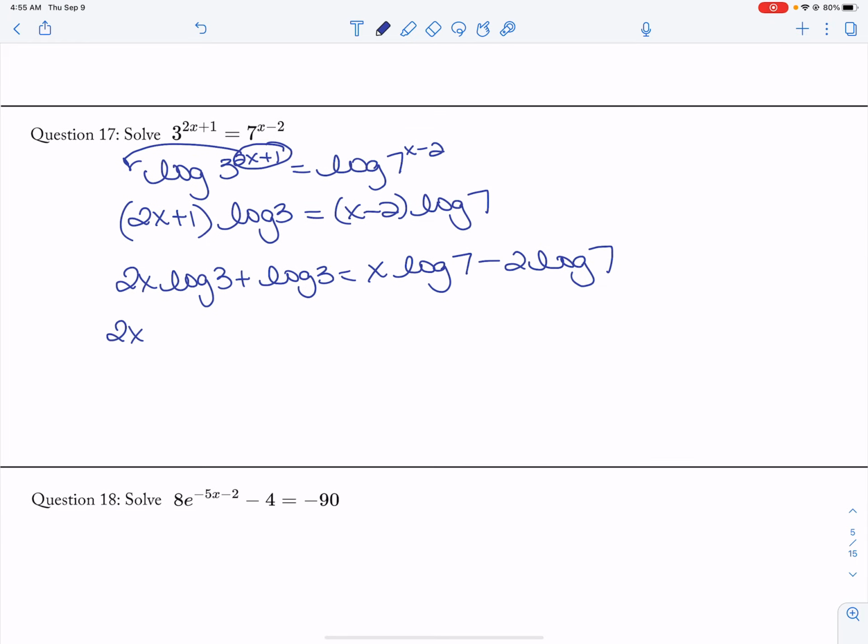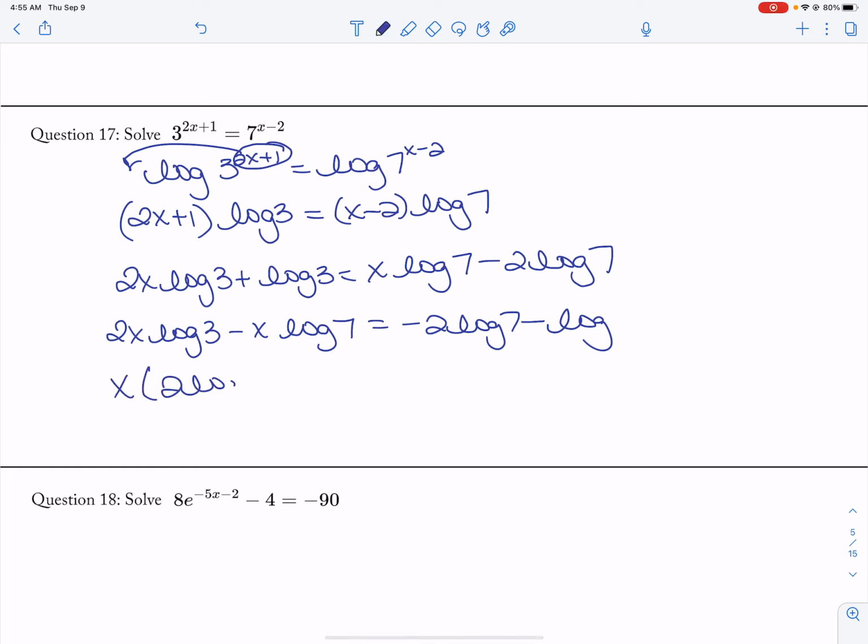So I have 2x log of 3 minus x log of 7 is equal to negative 2 log of 7 minus the log of 3. If I move all my x terms to one side, then I can factor. So I factor out x, and I'm left with 2 log of 3 minus the log of 7 is equal to,